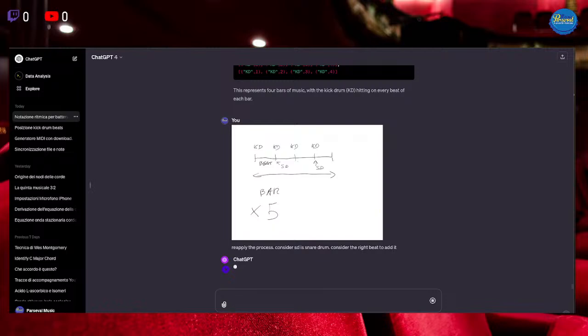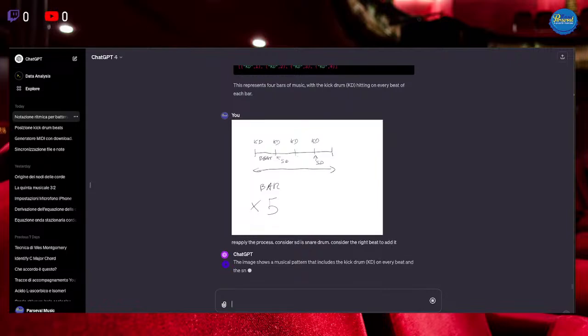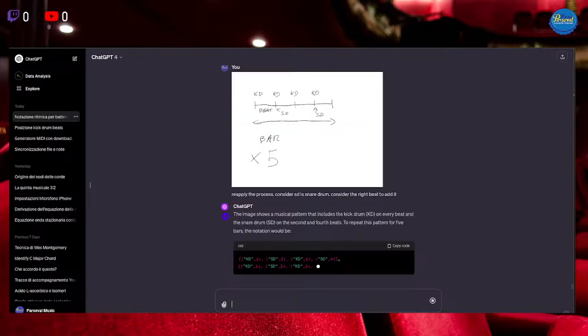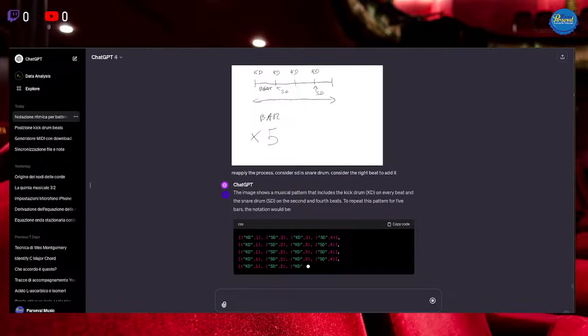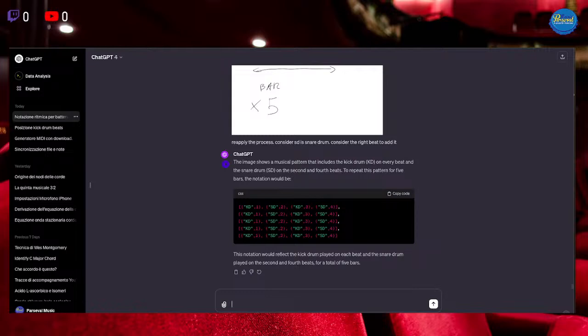We expect to have 5 times the sequence that now includes the snare drum at beat 2 and beat 4. Okay, pretty good, but we have to tell the program to consider that some kits can play at the same time.